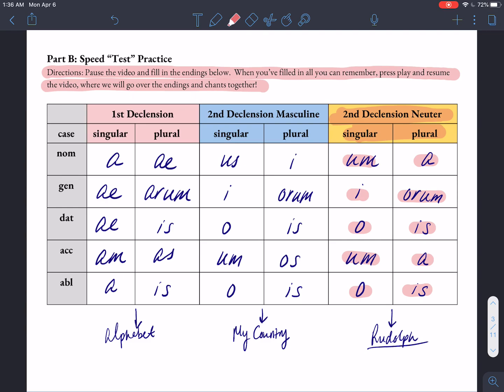Okay, so let's try that, but with the rest of our declension songs. Okay, so we'll start with first declension, then we'll do second declension masculine, and then we'll do second declension neuter. And a 5, 6, 7, and